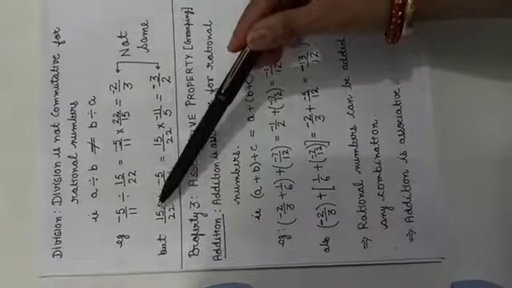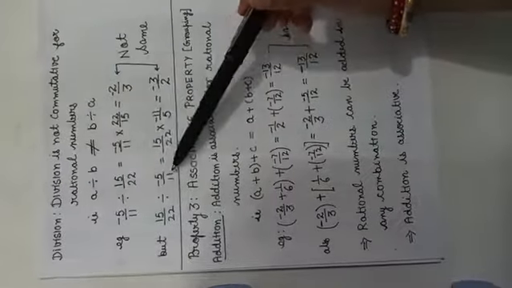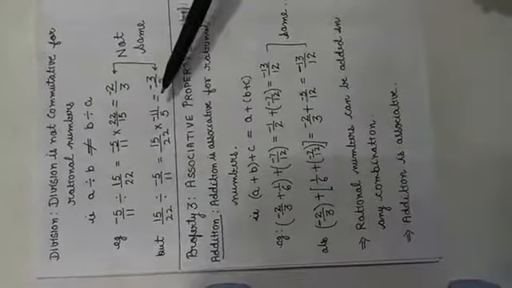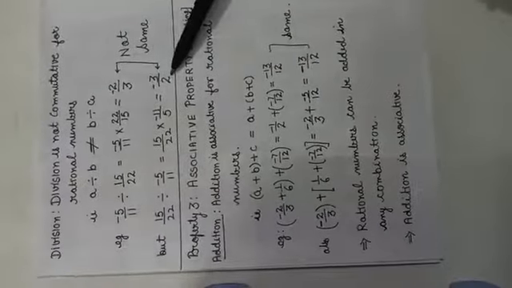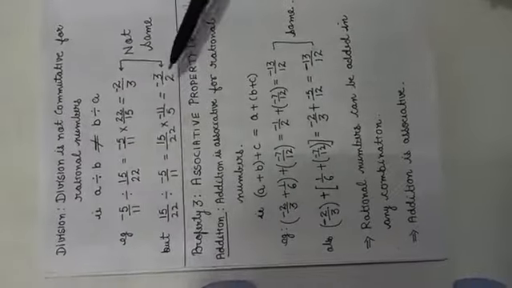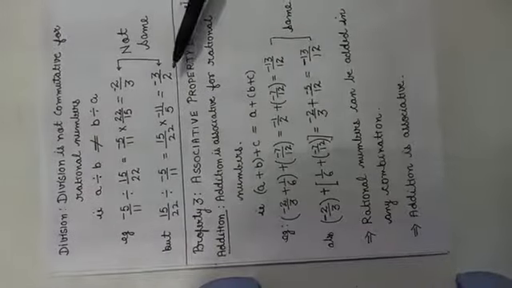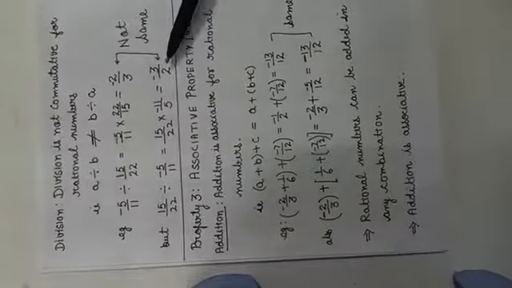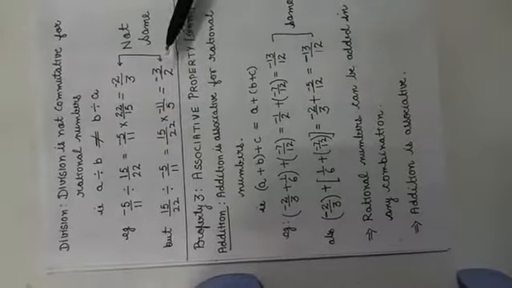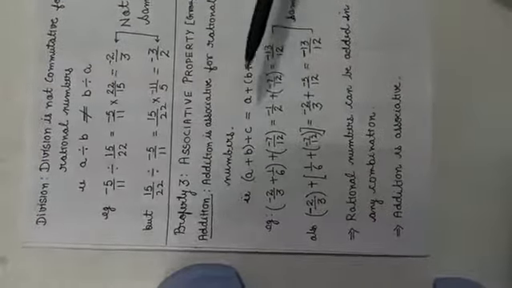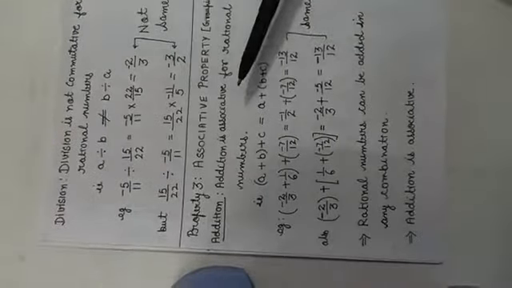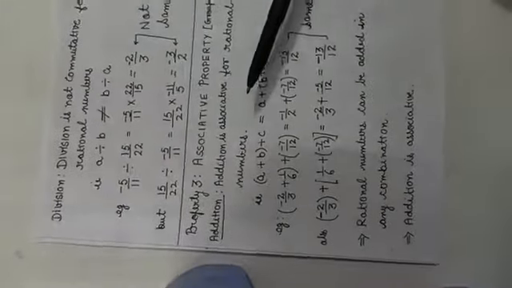But when we write in opposite, means I have written 15 by 22 first divided by minus 5 by 11, what answer are we getting here? Minus 3 by 2. Are these two numbers same? No, these two are not same. So what we will say, that the division is not commutative for rational numbers. Now the third property of the rational numbers is associative property. We will check on all the operations one by one.